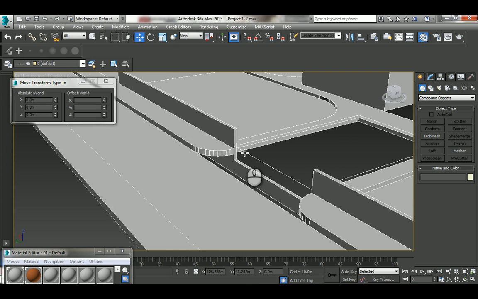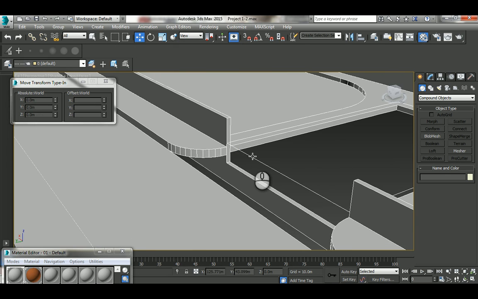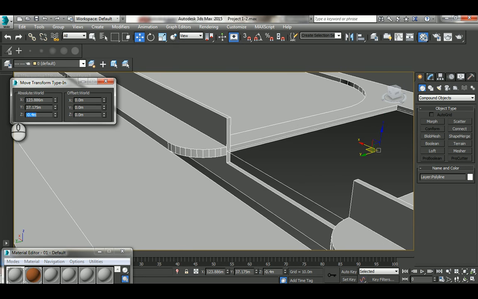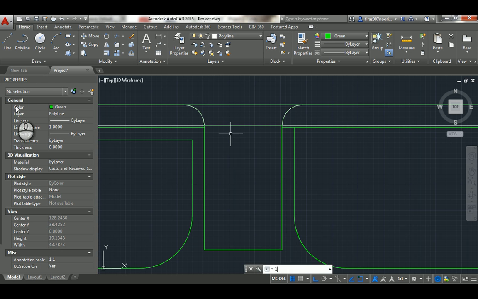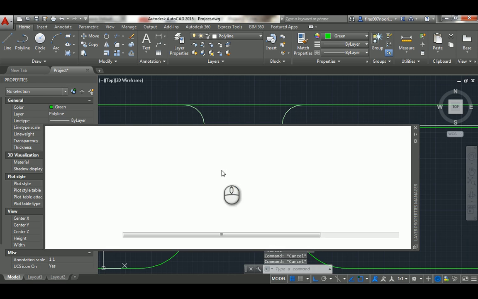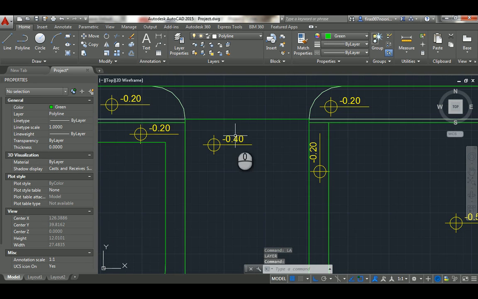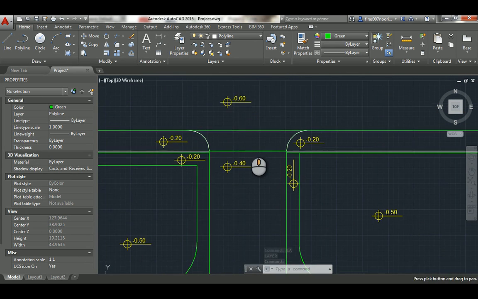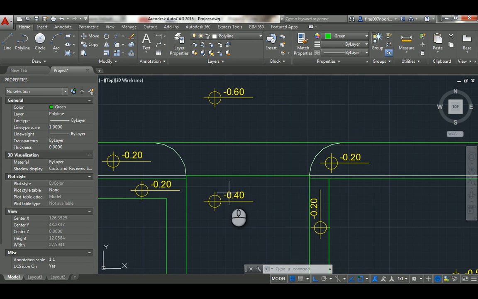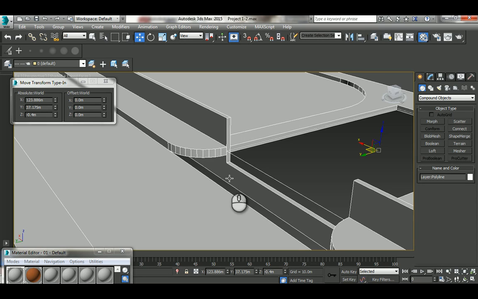Now the level of that is minus 0.4, and that's what was actually provided for us in AutoCAD. So just click on the level there, and you're gonna see that it's minus 0.4, and that's a ramp that takes you from that level to that level anyway. So let's model this part of the street that gets into the house, the entry. So that is minus 0.4,